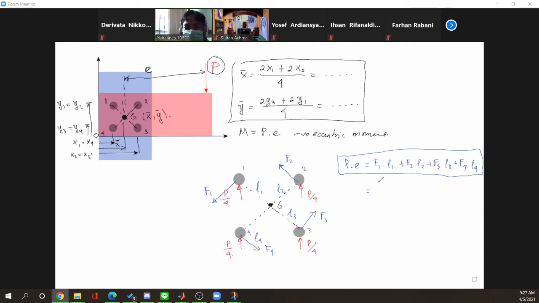So here, if we have F1, L1 and L2 and L3 and L4 are equal, then we have F1 plus F2, F3 and F4 equal. It's only if